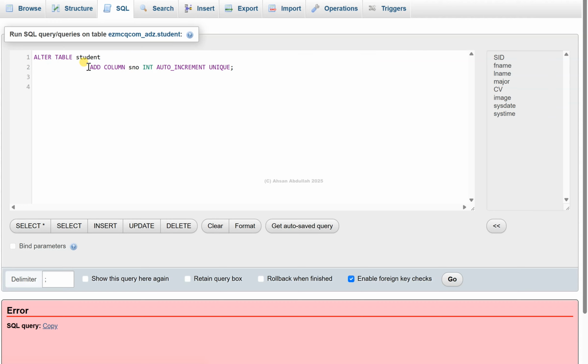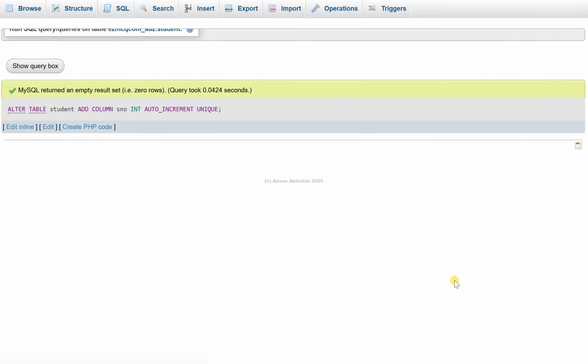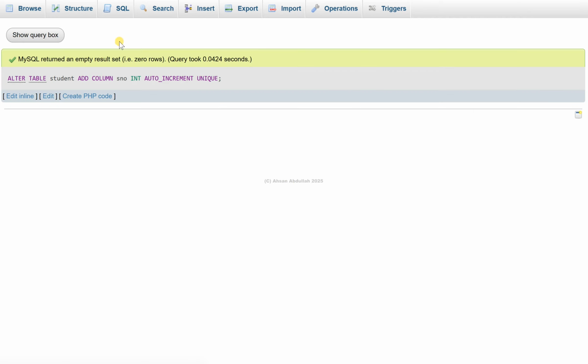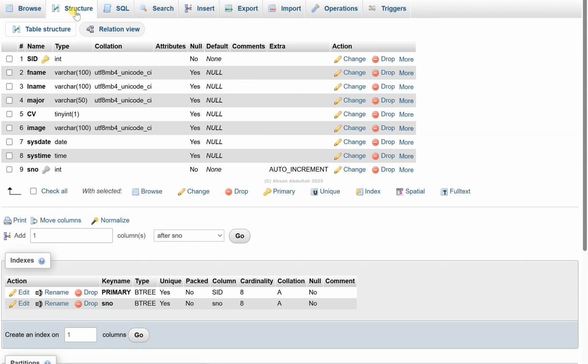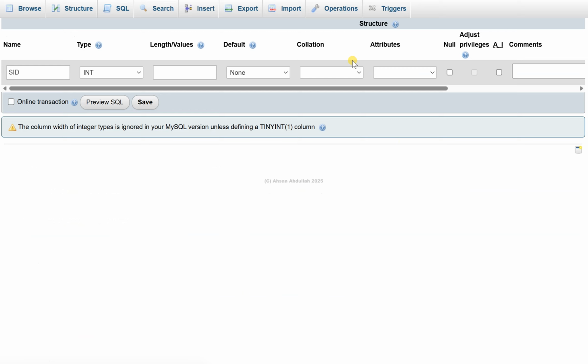Okay, so let's check it out. So we run the query. Yeah, it works. So let's look at the contents. Okay, so here we have, the auto increment actually worked, right? And we have serial number, right? And now we need to fix the issue here. We need to remove this as the primary key. So we go to change, okay, and